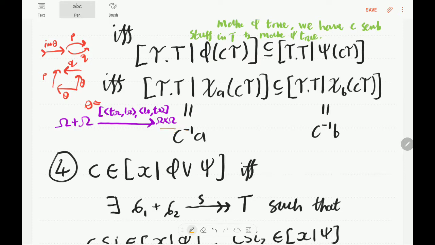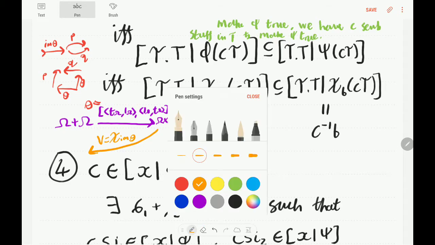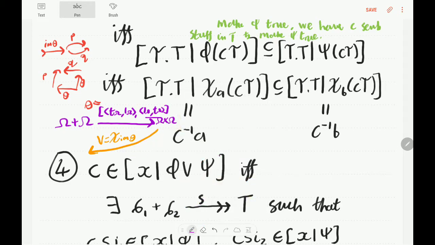Okay, so we have or equals the classifying arrow of the image of theta. Anyway, so that's a good way to think about or,